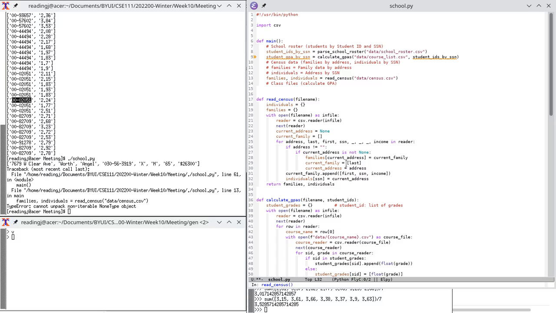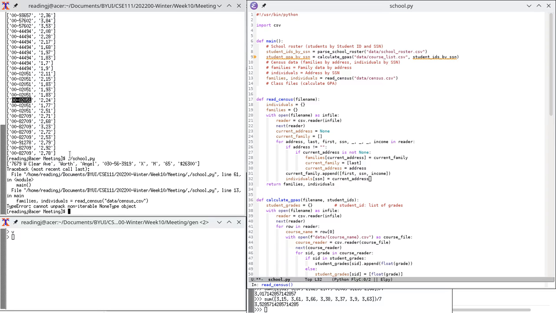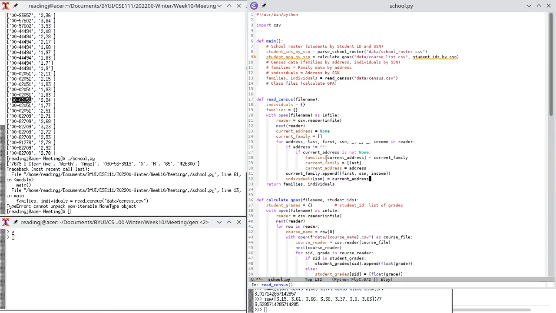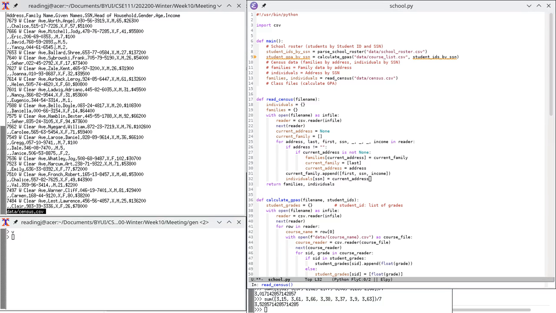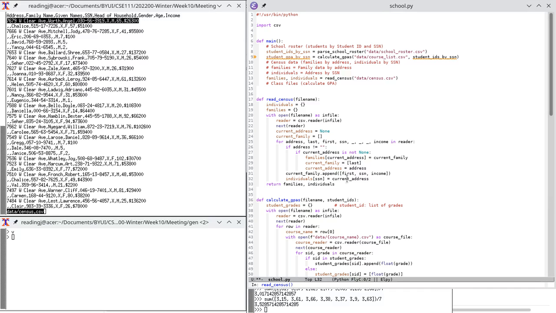So you can see that address and all of the information is only available on the first row, or on the first row that has a family in it, I should say. So all the information is only available on this first row. So I save a structure for the current family,